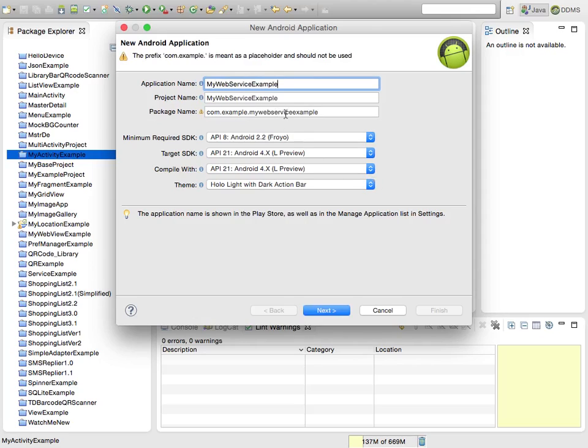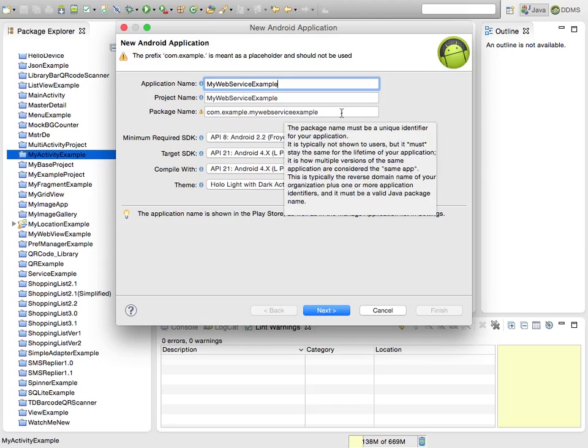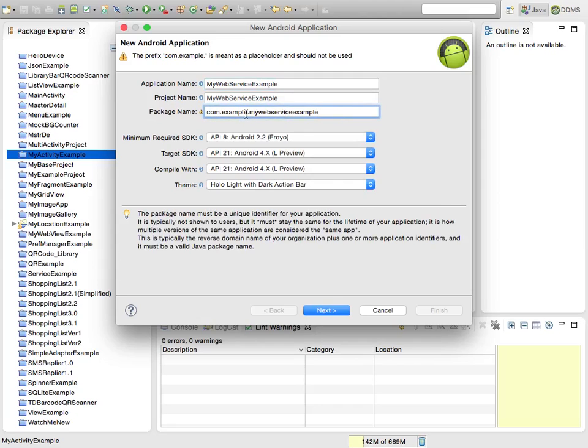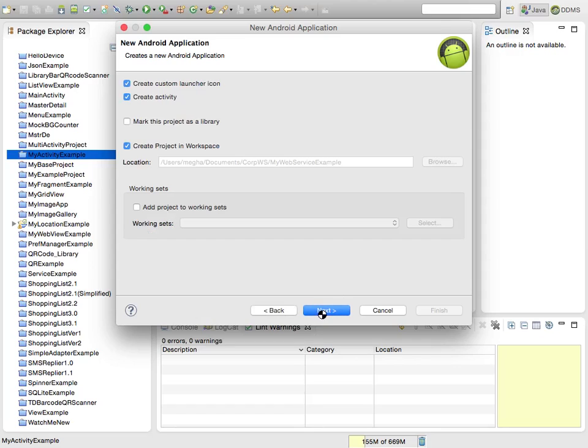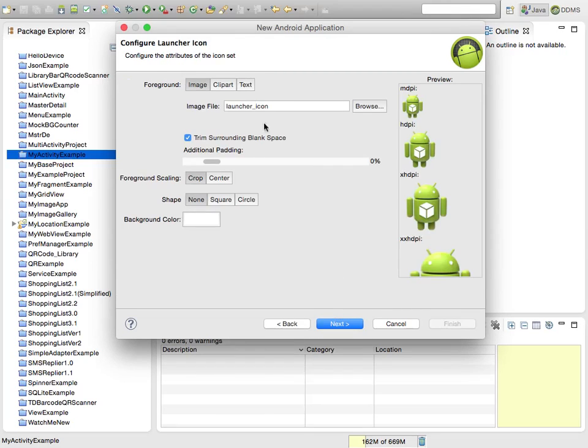Some my web service example. Keep a shorter package. This package is very important because I need to give the package name. Custom launcher. In this case,